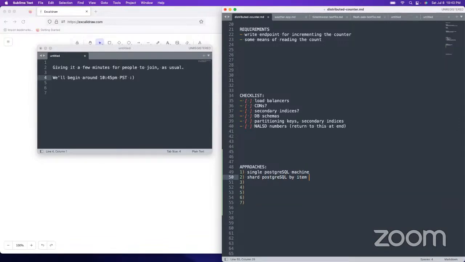I got OLAP, two different OLAP ones. I'm also covering real-time use cases, so that would be Flink slash Firehose, those are the count-min sketch approaches. We got Redis, CRDTs. So this one is without the sharded counter.